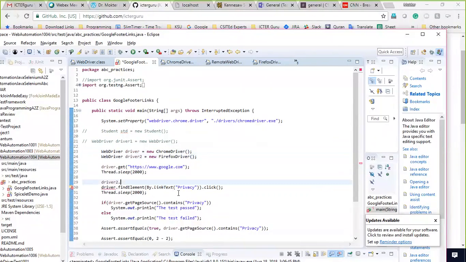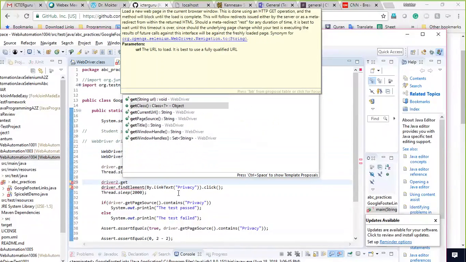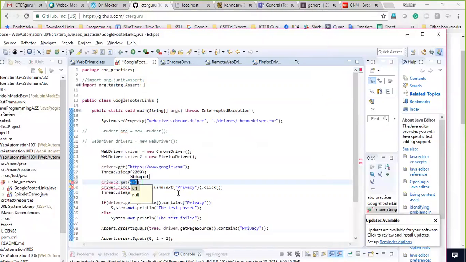Then if we say driver 2 dot get, this is the get method over here. Inside the parentheses we have to give a string type value, and we say http://